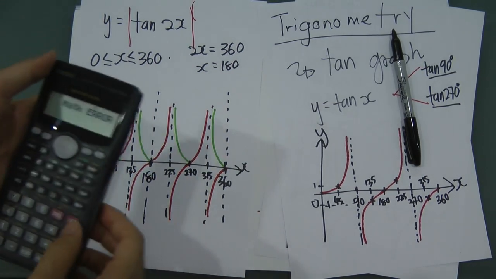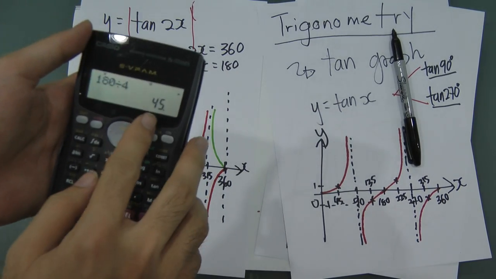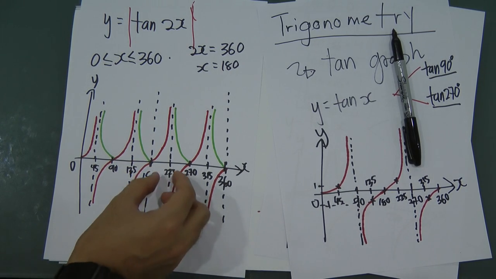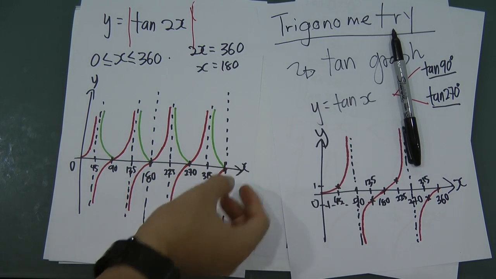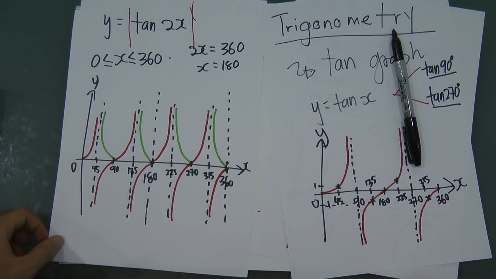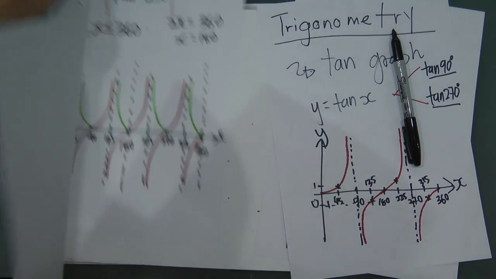If you are not sure, you just use the calculator. 180 divided by 4 means each of the angles is 45, 45, 45, 45. And then here we have 45, 45, 45, 45. If you can understand this concept, it will be very easy to draw this graph. Of course, let me draw the last one before I end this video,